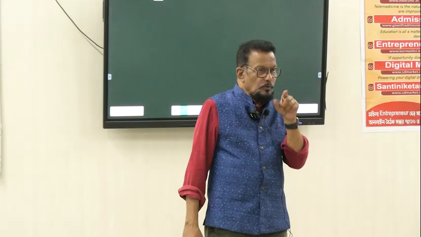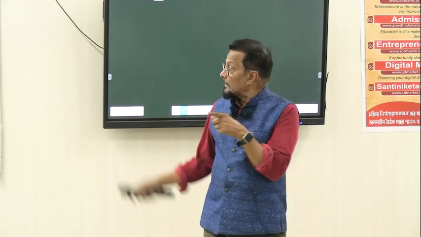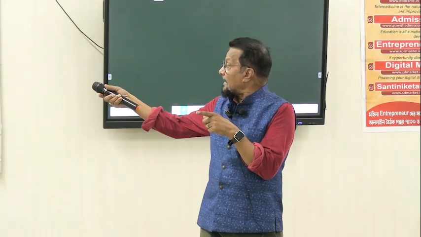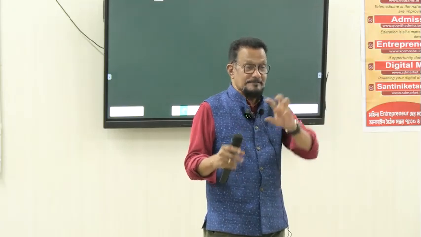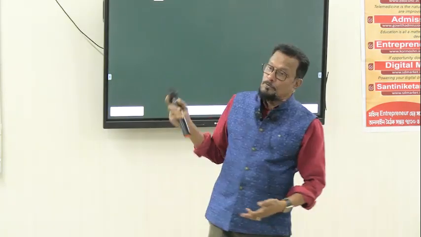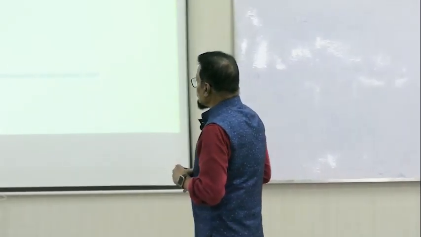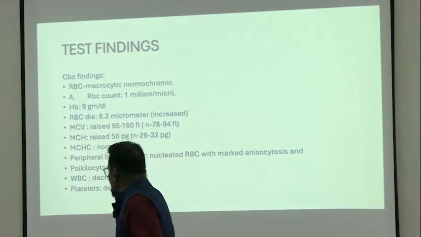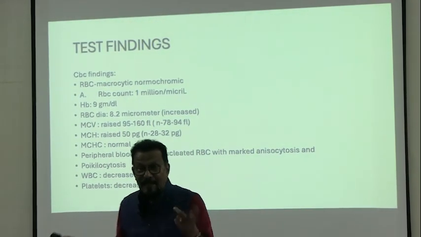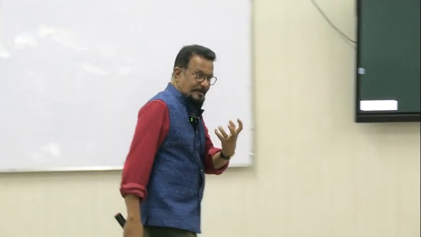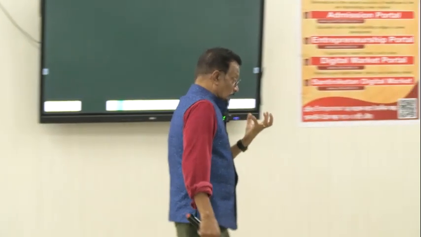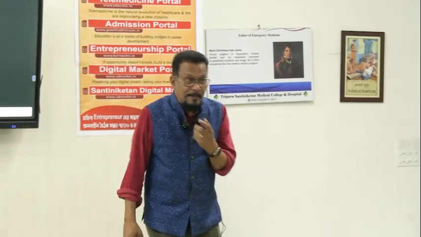Poikilocytosis means abnormal shape. Anisocytosis means cells are not of equal size, variable sizes. So in the smear, you may get anisocytosis and also poikilocytosis. RBC count, as I said, will be decreased, and platelet count will also be decreased, there will be less production since the bone marrow is affected. So less production of platelets will be there, as well as my spleen.